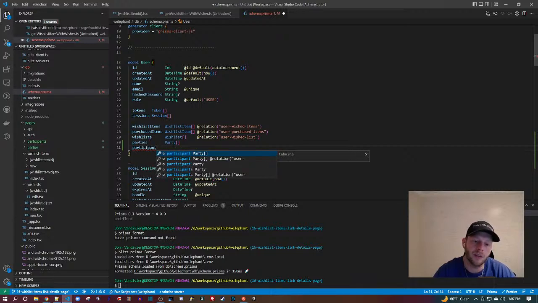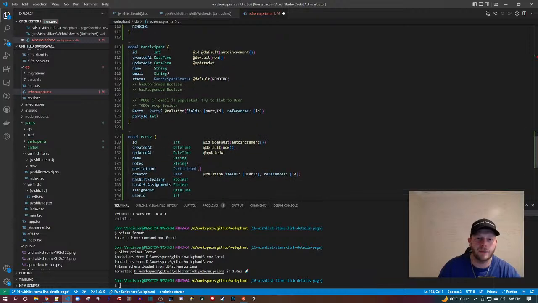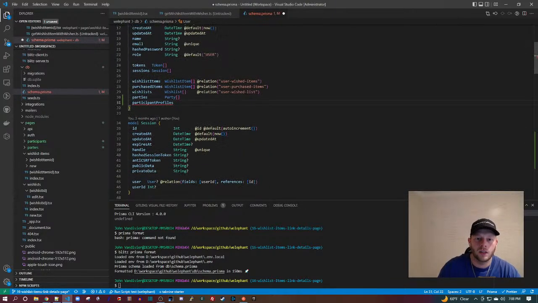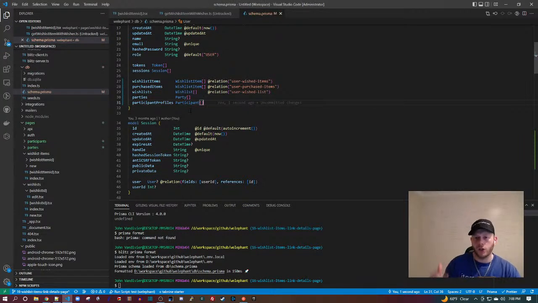Participant profiles. Participant profiles. I'm going to call it that. And so that is participant. And you see on Control S, I have the auto format set up.